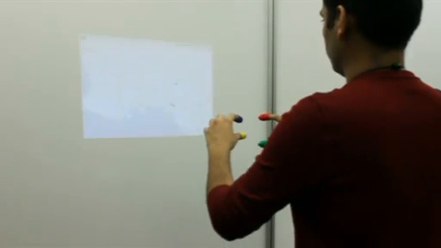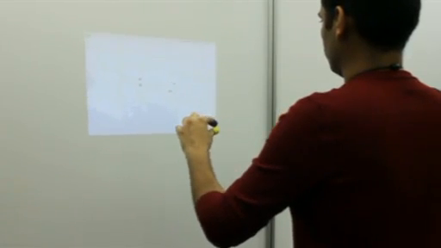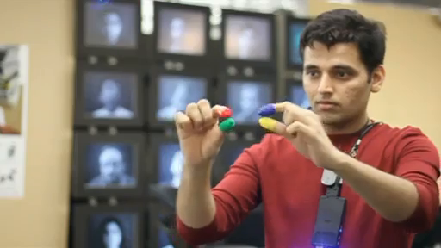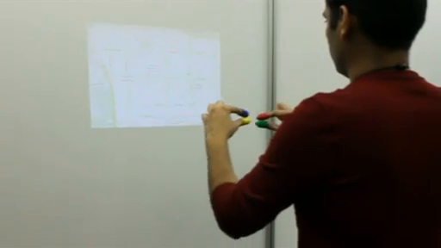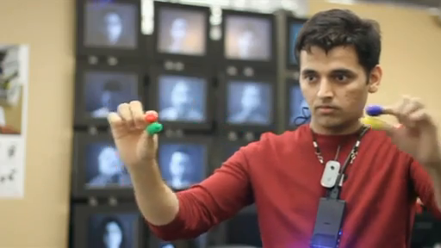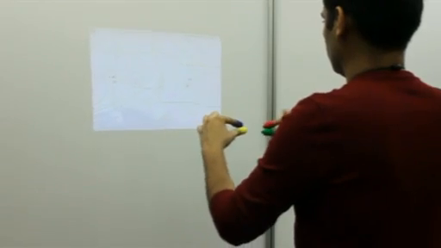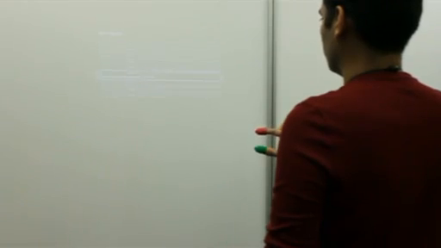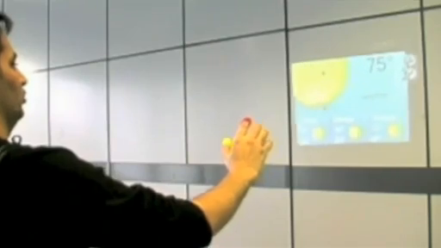But we are not only tracking one finger here. We are giving you the freedom of using both of your hands. So you can use both hands to zoom into or zoom out of a map just by a pinching operation. The camera is getting all the images, doing the edge recognition and also the color recognition, and so many small algorithms are running inside. So technically it's a little bit complex, but it gives you an output which is more intuitive to use